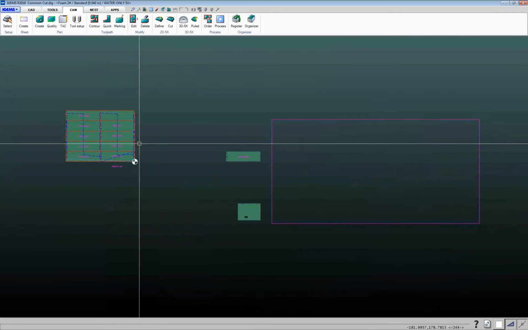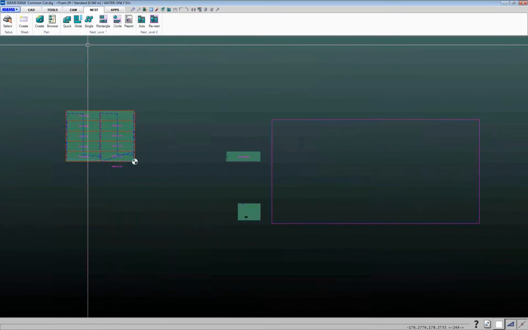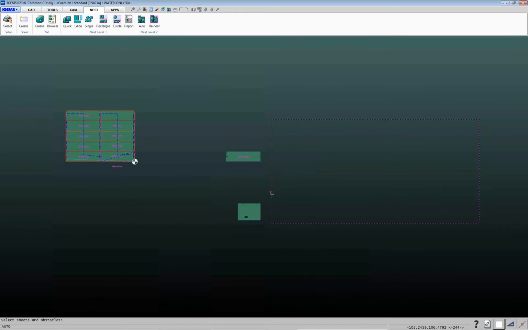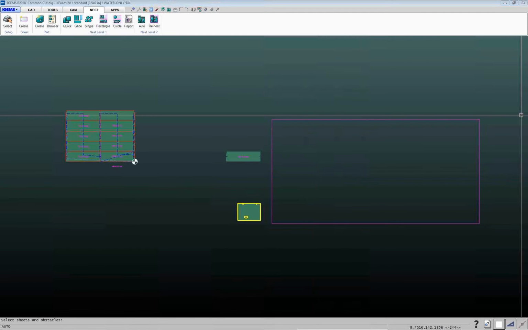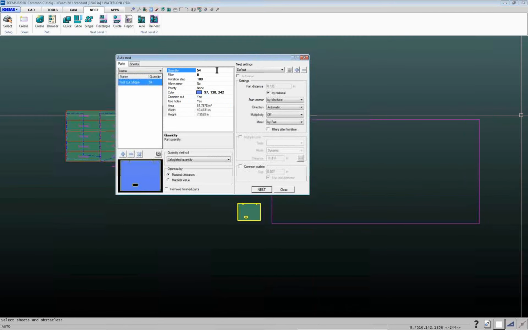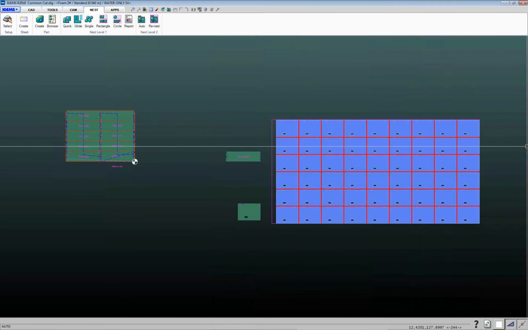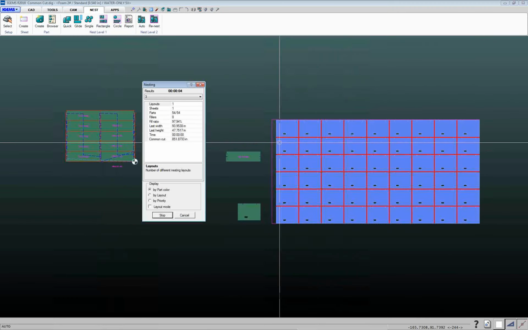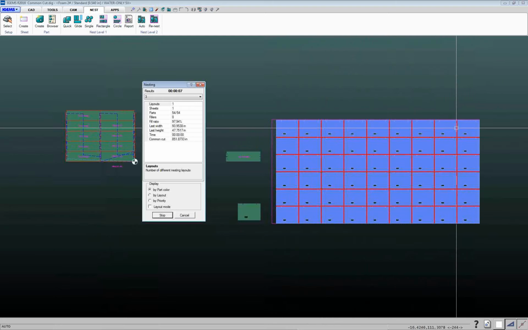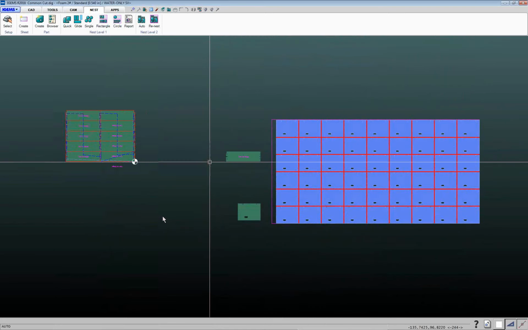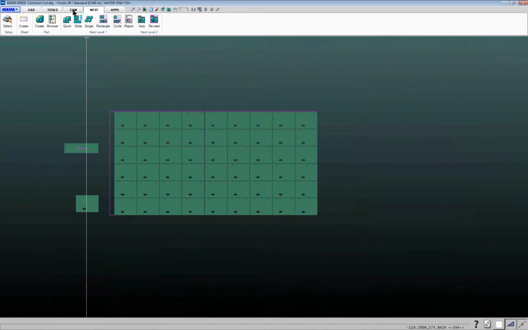One of the other options under there, so that's manual. If I did have the nesting module, of course I can go into nest, and let's nest these parts onto this sheet of material here. And I'm telling it that I want 54 parts. And if I check this common line cut box down here, it'll use whatever my current tool diameter is for the spacing between the parts, and click on nest. And it kind of gives me a preview with those red lines as far as areas that it might be able to common line cut. And we'll click on stop and OK. And if I go back